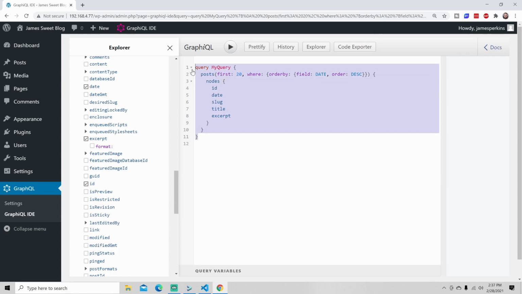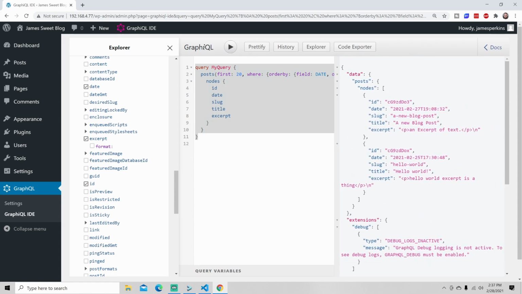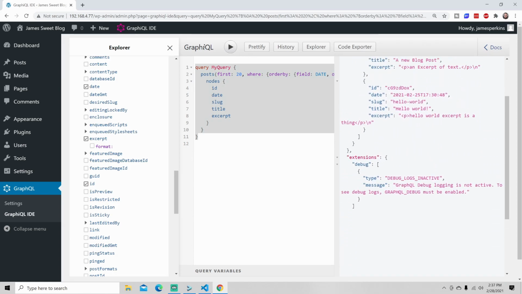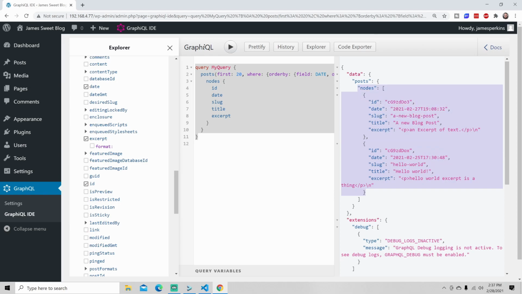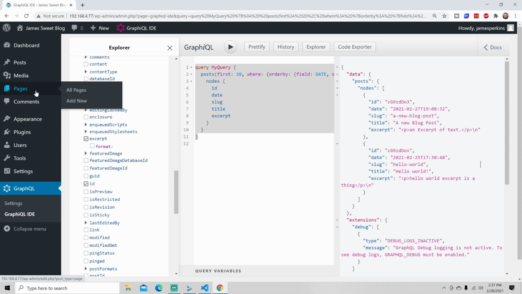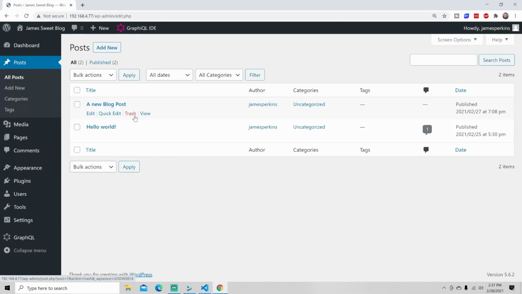Pretty on the easy side of GraphQL. And then if we hit this button here, we should see a couple of posts that we have. In fact, we have two. And what you'll notice is this excerpt here actually has HTML built into it because it's being returned from the actual page itself. So when you go into a post here,